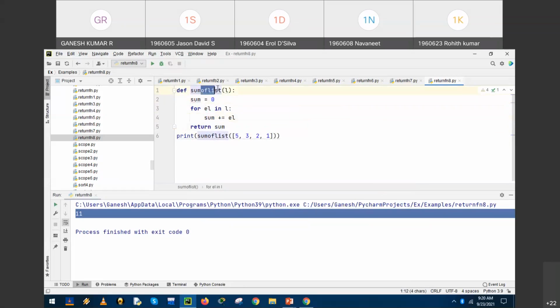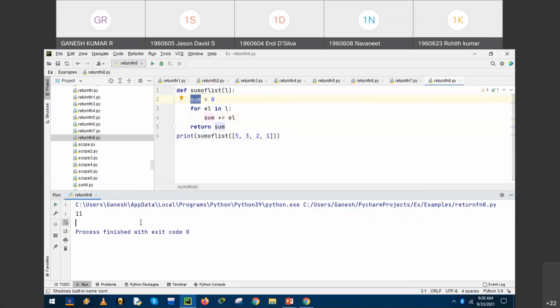So earlier what we had done, the definition of the function as well as the incrementer variable, both are the same. So we are not getting the appropriate result. Fine. Is it clear? So now after correcting it, we have got the sum of the list 5 plus 3 plus 2 plus 1 is equal to 11.